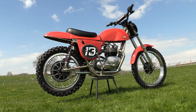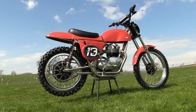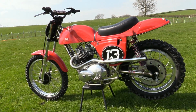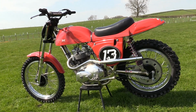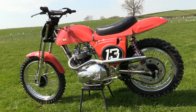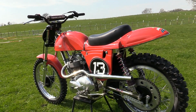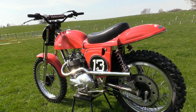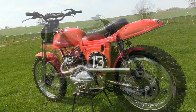So thanks for joining me once again for a walk around the racing paddock here at the Westmoreland County Showground, and we're going to start with this lovely 1965 Rickman Matisse 500 Triumph that belonged to Robin Chadwick. But this time round we're just going to take a brief look at Robin's bike, but I do intend to do a full video on this machine at a much later date, because there were just so many bikes taking part in this year's Revival Scramble event that I just struggled to actually get round most of them, because we